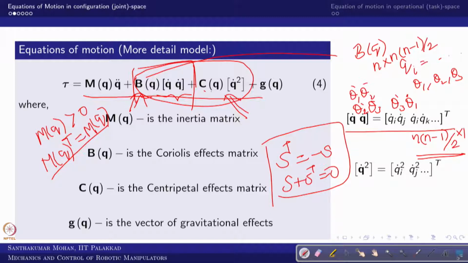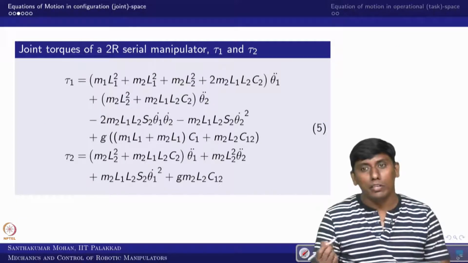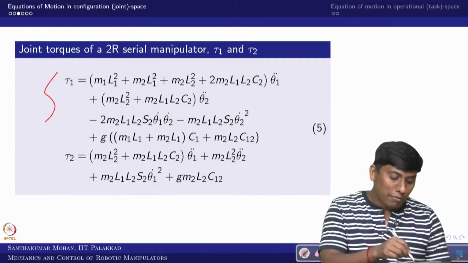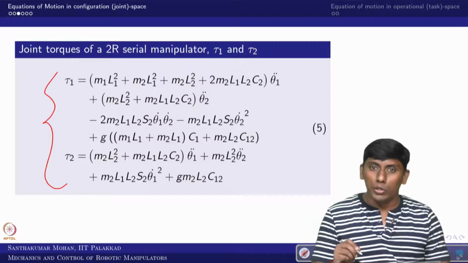It is a more detailed model where the gravity term is separated and the inertial term is separated. Further, the V of q comma q dot we have divided into two sub terms. Further, if you want, you can bring in friction. But right now we will rewrite the equations which we derived in both the Newton-Euler and Lagrangian-Euler methods.